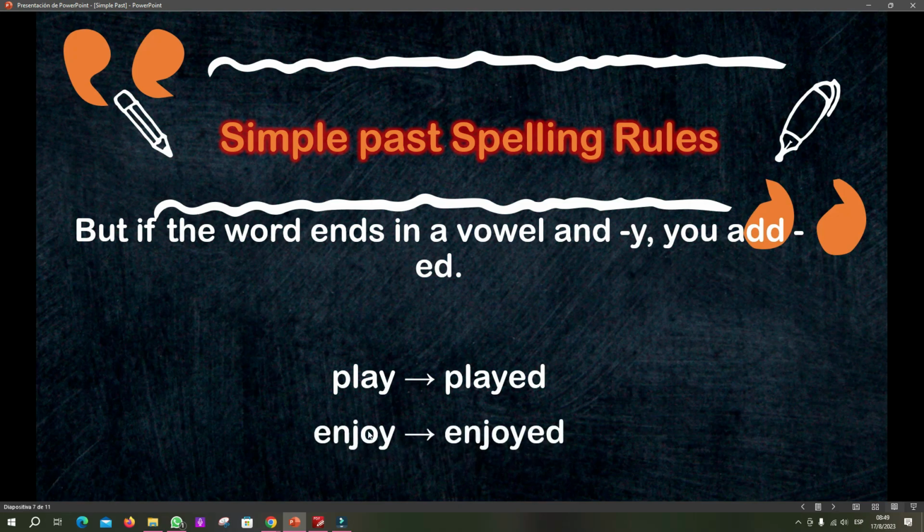Enjoy, vowel. And here you have Y, so you just need to add ed: enjoyed, right? Esta es la otra forma, cuando ustedes tengan una vocal y luego una Y, no van a hacer cambio de nada, solamente agregar ed para formar el pasado. Played, played, vean, enjoyed, enjoyed. Entonces, pongan mucha atención también en las terminaciones de los verbos porque así van a emplear estas spelling rules, ¿ok?